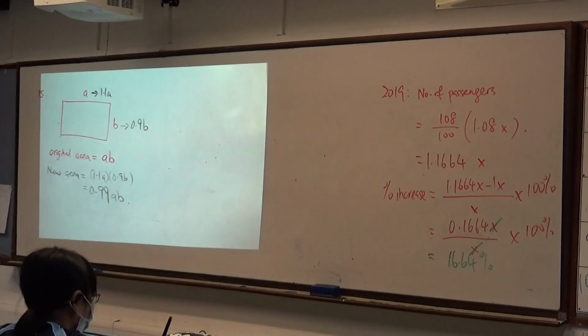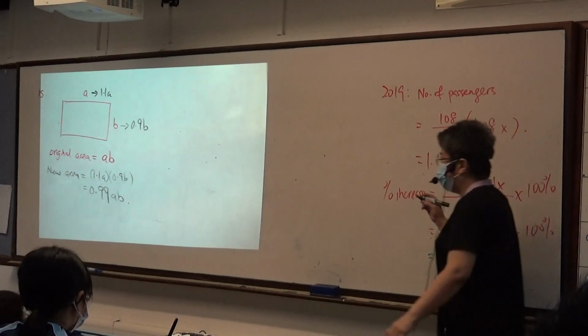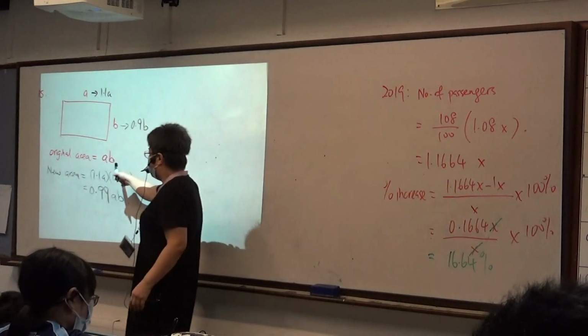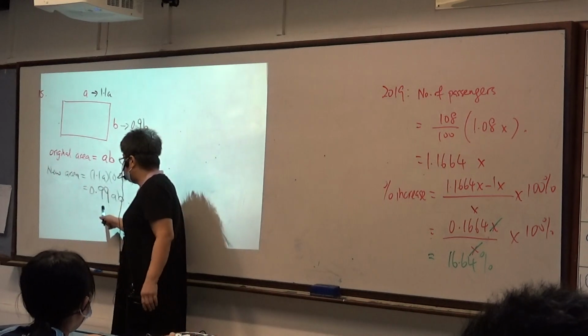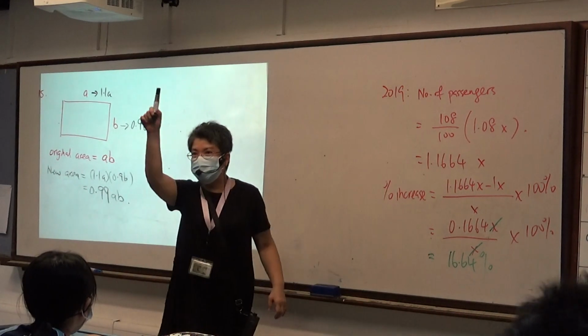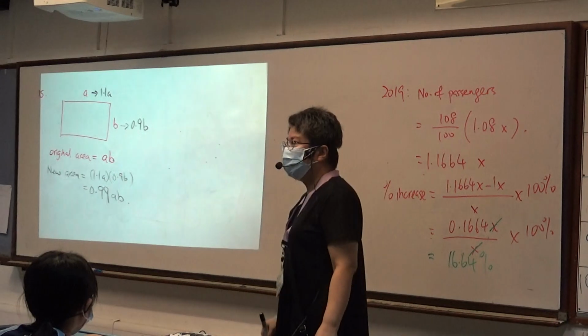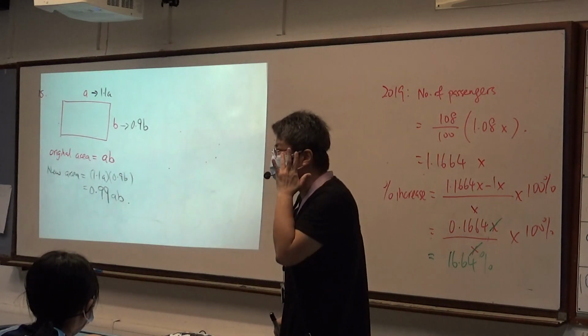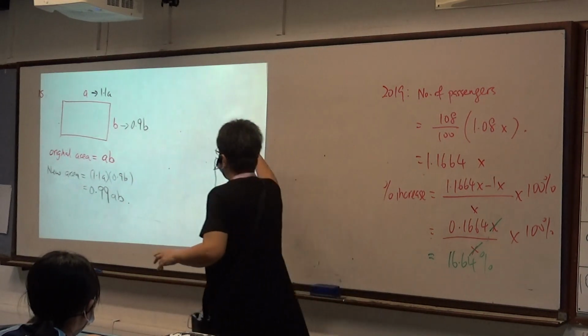The question says, determine if any the percentage change in this area. Now, look up. The original is AB. Now it becomes 0.99 AB. Is it an increase or a decrease? Decrease, right? Agree? So you must say